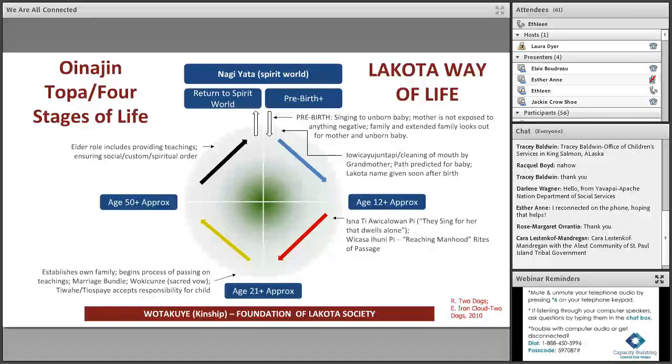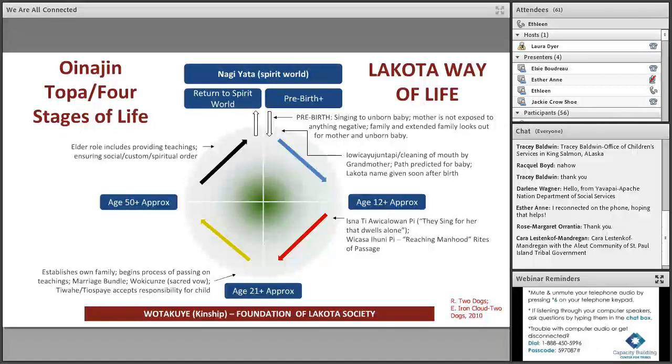Then they move into the fourth quadrant, the elder role, which provides teachings for the younger generations, and they ensure a social, custom, and spiritual order. They would move throughout the community, giving advice and teaching the stories and the creation stories and how they patterned our life long ago.